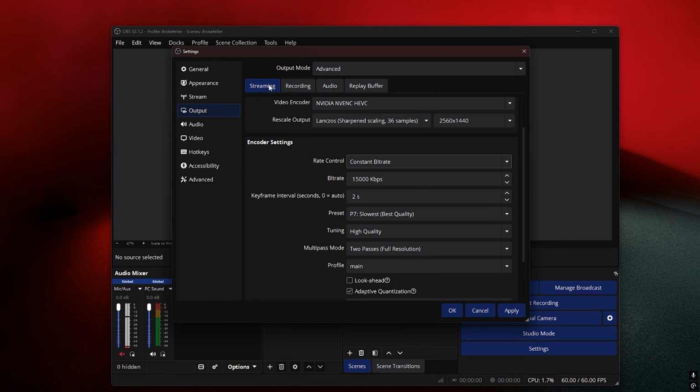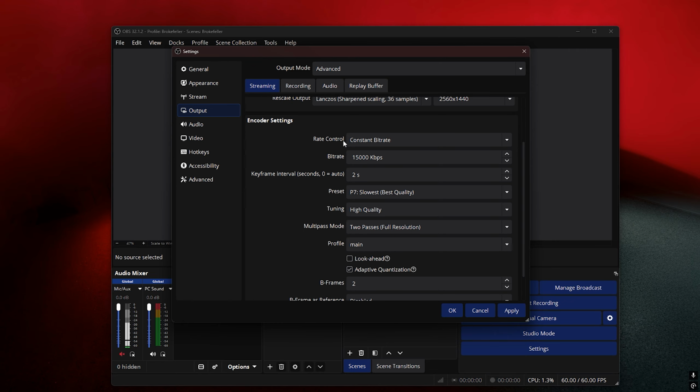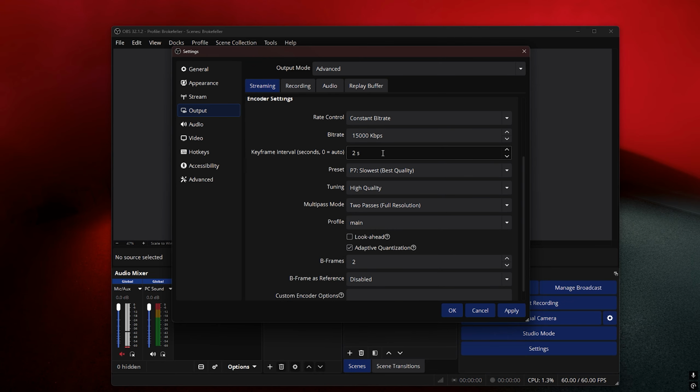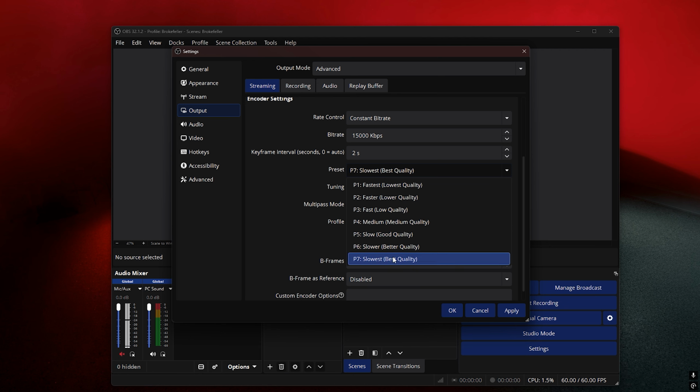Secondly, this is the Streaming tab, as I said. Encoder settings: we have Rate Control, we have CBR, constant bitrate, and I usually set mine at 50,000 because that's a sweet spot for my internet and my overall PC performance. I have the keyframe interval at 2 seconds, preset P7. This is high on